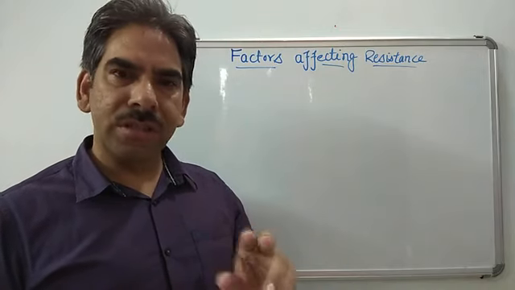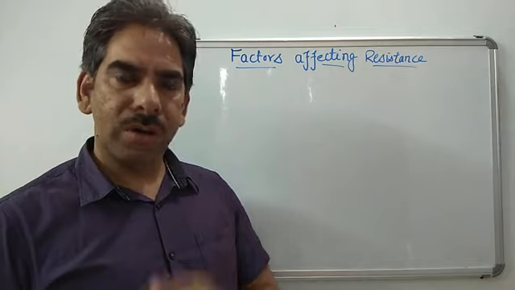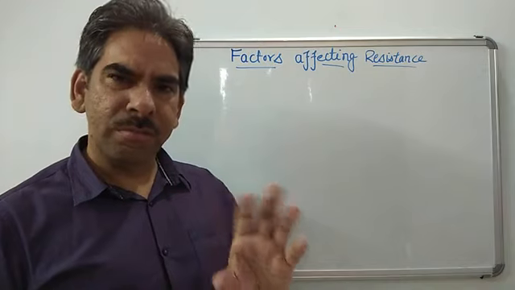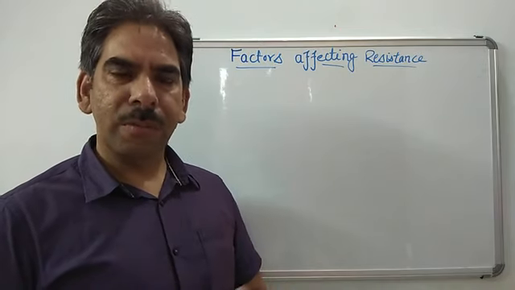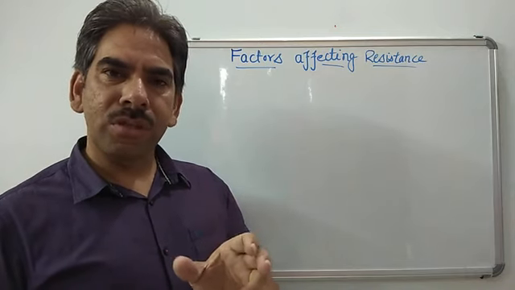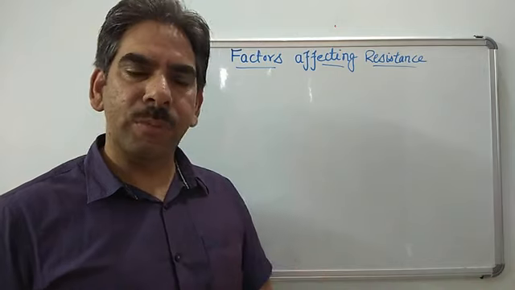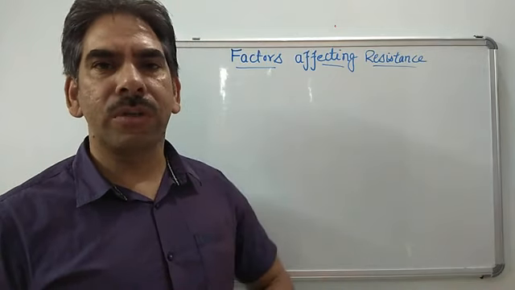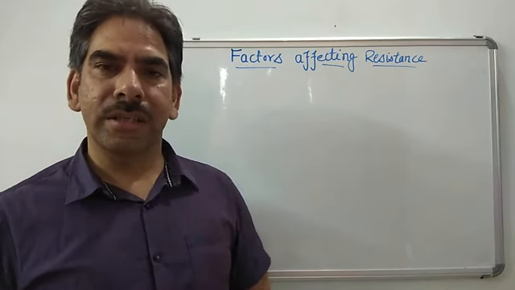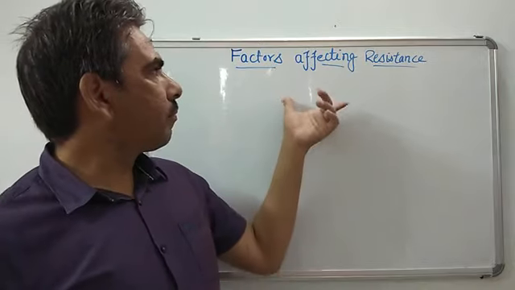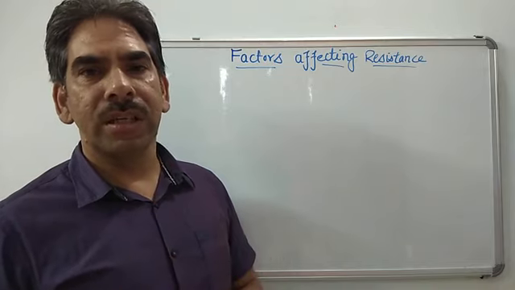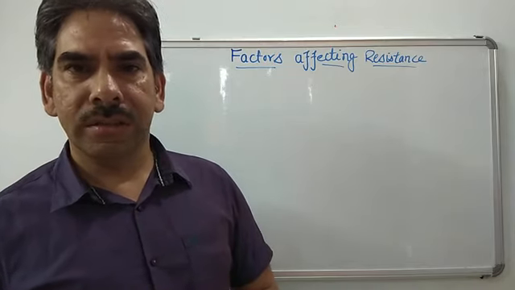So due to these collisions the motion of the electrons gets opposed, not prohibited but opposed by some amount or degree, right? So whenever the motion of electrons is opposed, that means the flow of current is also opposed. That opposition offered to the flow of electric current, or we can say electrons, is called the resistance of that conductor. Now we will take the concept of factors. We will discuss some factors which affect the resistance of any conductor, right?